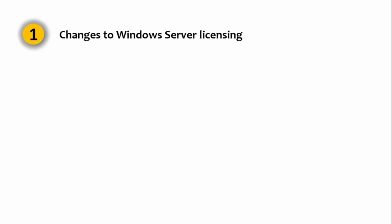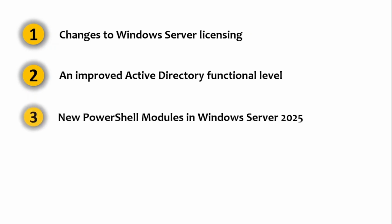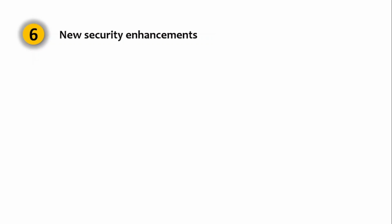So Microsoft is coming up with a completely new licensing model in Windows Server 2025. It will be a subscription based licensing, and definitely an improved Active Directory functional level, new PowerShell modules in 2025, SMB over QUIC, and AI based management, new security enhancements,